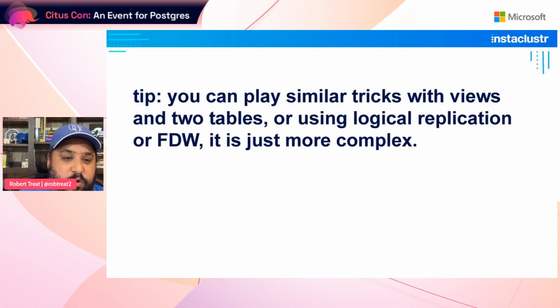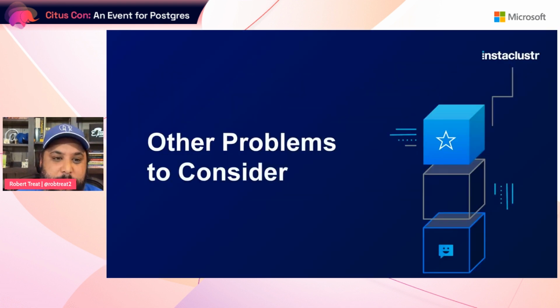You can actually also play the same trick if you want to put a view on top of two different tables. So in that example, we just added a new column. That's usually the cheapest, easiest thing to do. But you can actually make a whole separate table and then put a view and join the two tables underneath the view. And again, from the client's perspective, all they see is the view that looks like the table. You can even do this with logical replication or foreign data wrappers. It's just more complex because now you're sending the data off to another system. But again, I've done that one. It can be done. Under duress, it's probably not the thing you're going to do. You're probably going to do something like just add the column. But if you have time, if you catch the warning, 500 million entries ahead of time, maybe you want to look into doing something like that.